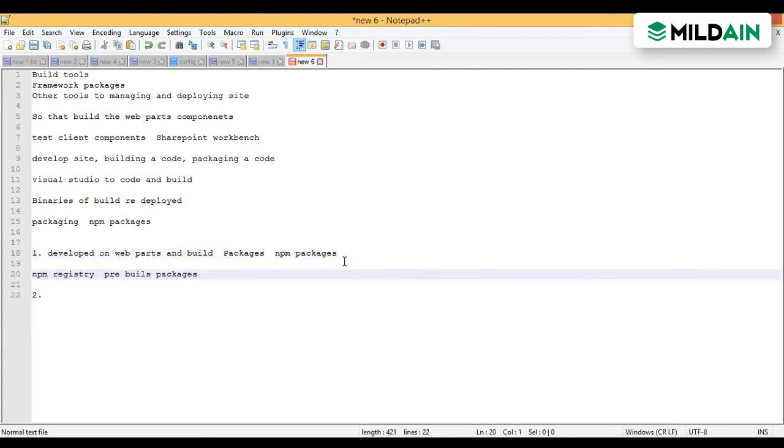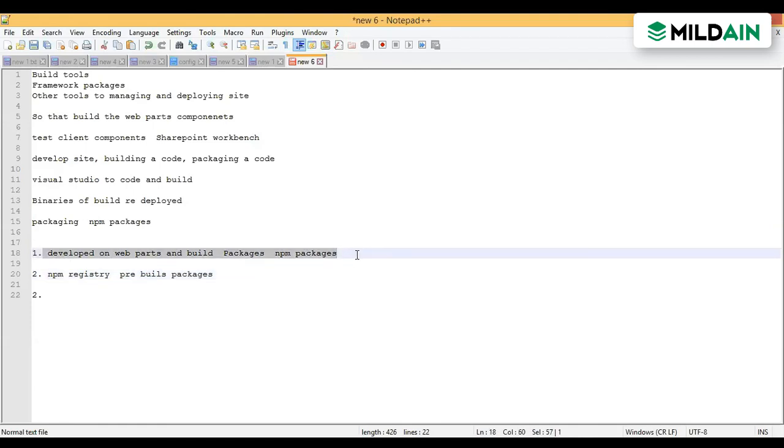Pre-built packages are there. This is the second scenario. In the first case we are building, and then we are uploading, publishing a package on npm, and then deploying using npm.